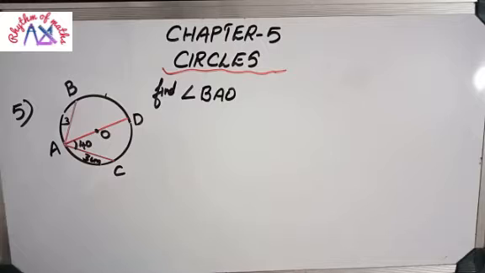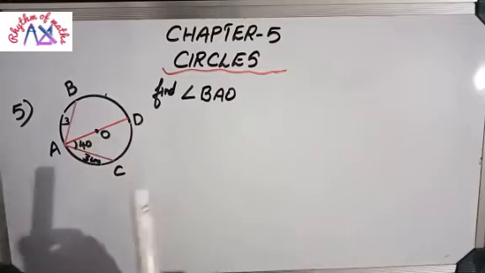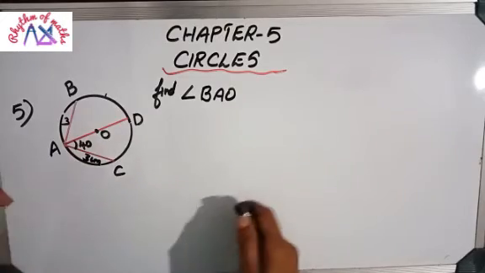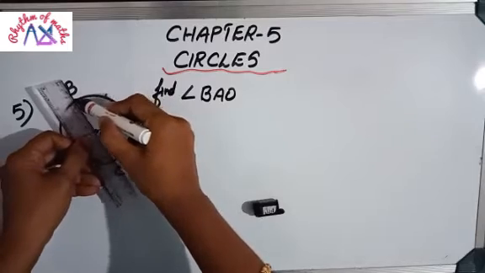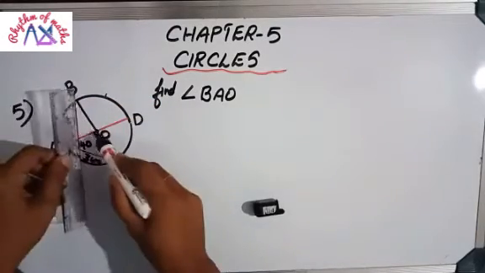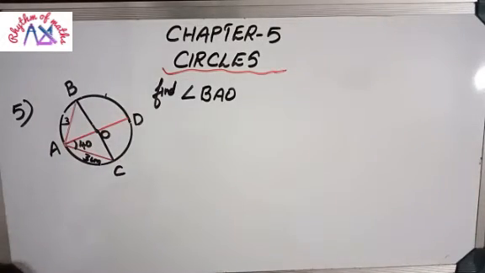So first of all, we need to consider two triangles. In this chapter, almost all the problems we are solving using what? The equal triangle concept. In 8th standard you have learned that concept. Using the same concept we are proving all the proofs. So first of all, we need two triangles. For that, let's join B to O and O to C.